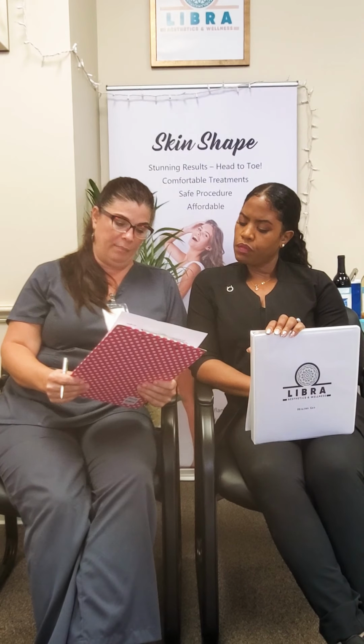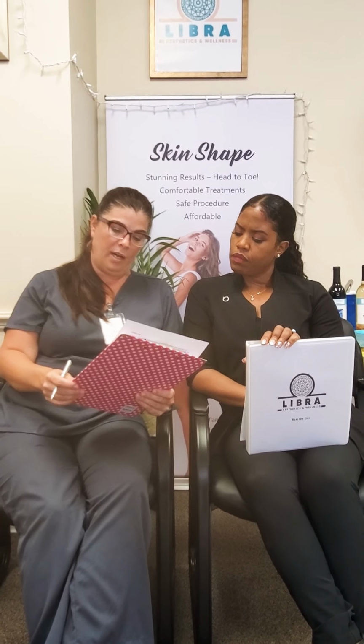Correct, exactly right. So we have the IV, and then we also transition over to IM, which is intramuscular injection, where we also supplement with vitamin D and glutathione. We have the B12 and the B complexes. That helps heal your gut as well. So we try to get you as healthy as we possibly can before we release you onto oral supplements. So B12 helps improve your digestion, and